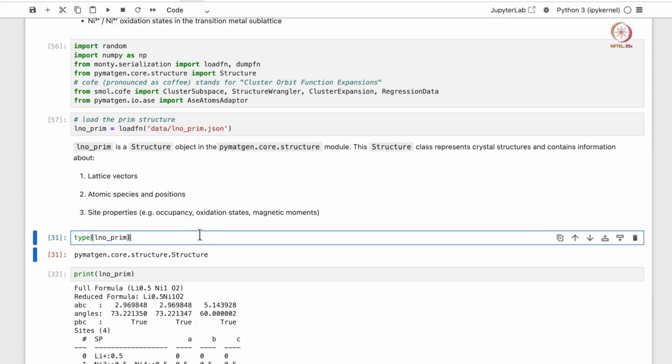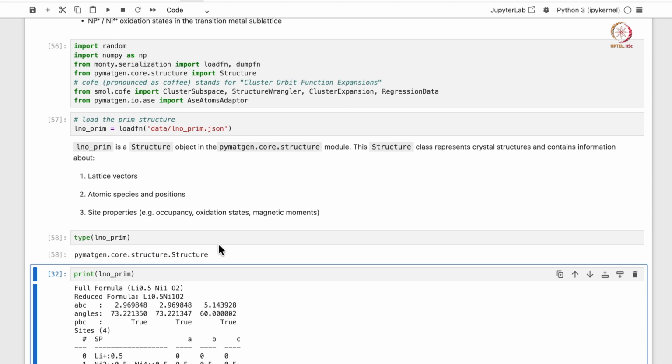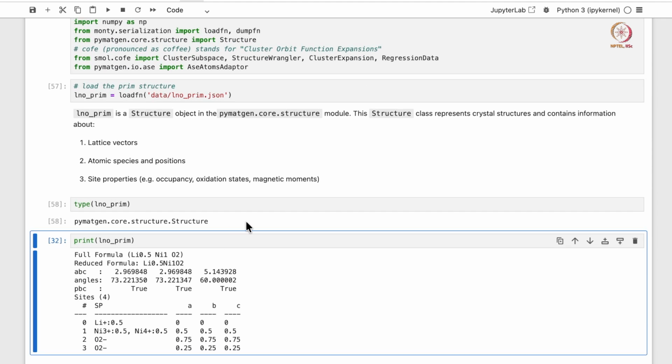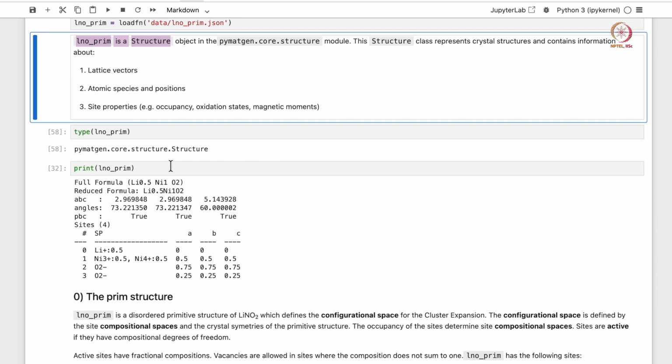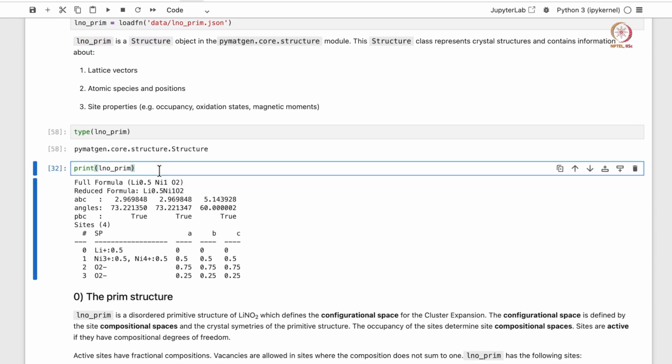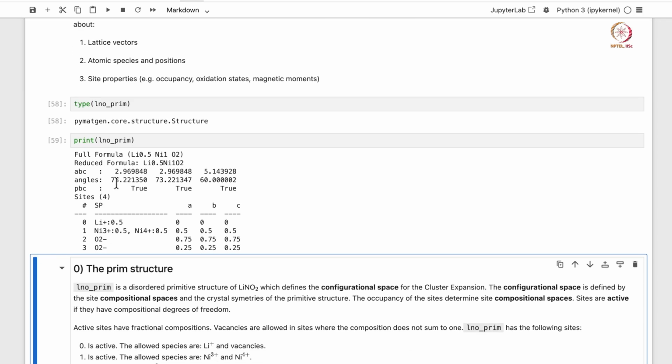If we print the type of this prim file here, it gives the output pymatgen.core.structure. So as we have seen here, this LNO prim is a structure object in the pymatgen.core.structure module. If we print this prim file here, let's see, this has the full formula of lithium 0.5, nickel 1 and O2.